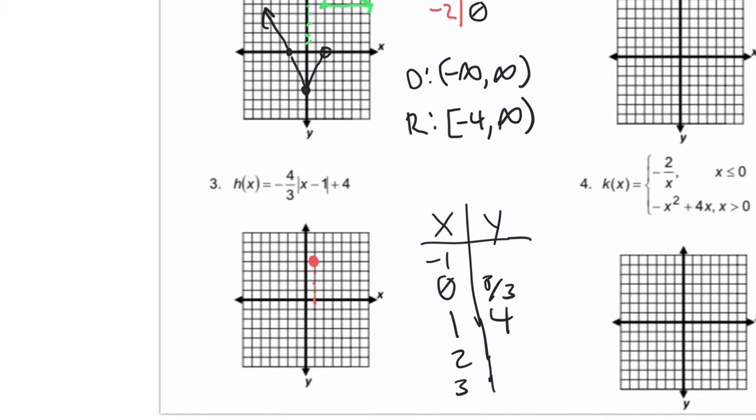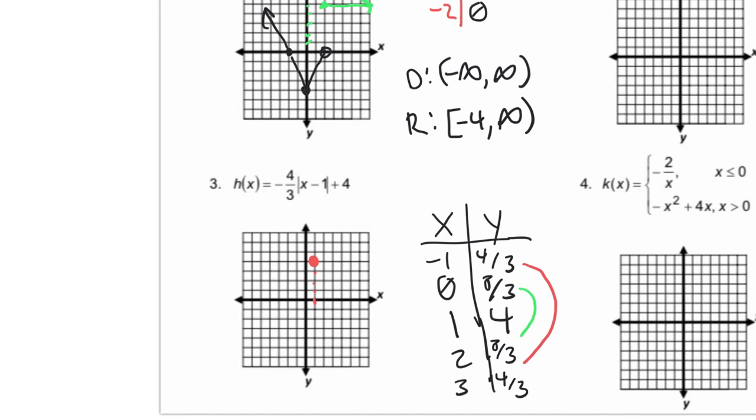So that's that. When we plug in -1, it would be -1 minus 1 in there, which would be -2. Absolute value of -2 is +2. +2 times -4/3 is -8/3. -8/3 plus 12/3 is 4/3. Now, as I said before, that will be matched over here. This is going to reflect and become an 8/3 here,